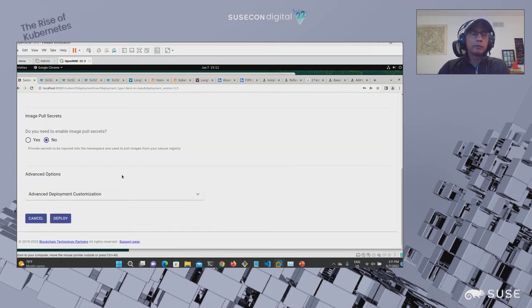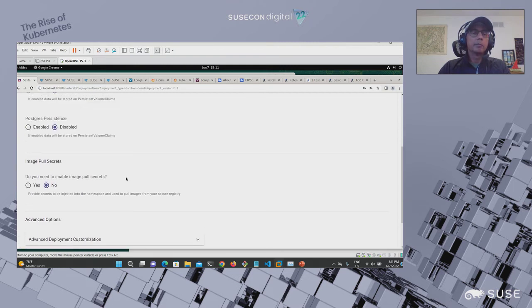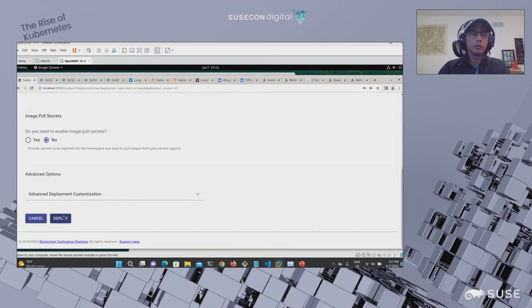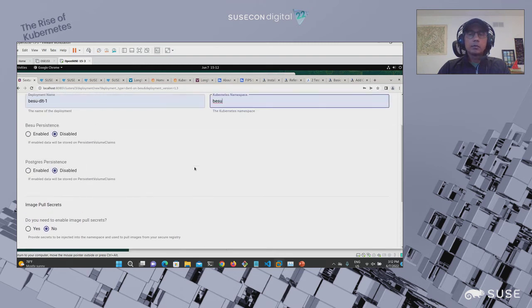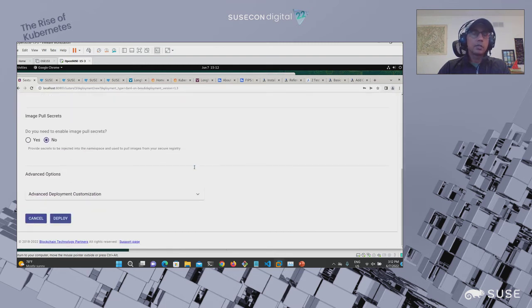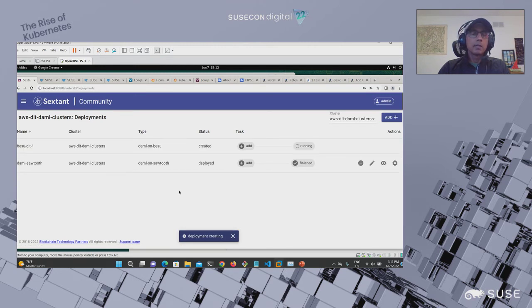I leave everything else as default, but you can adjust them as needed. There was one additional option that I want to show you after I deploy. So now that I've done this, you have a cluster that's on its way to being deployed onto the Kubernetes environment.